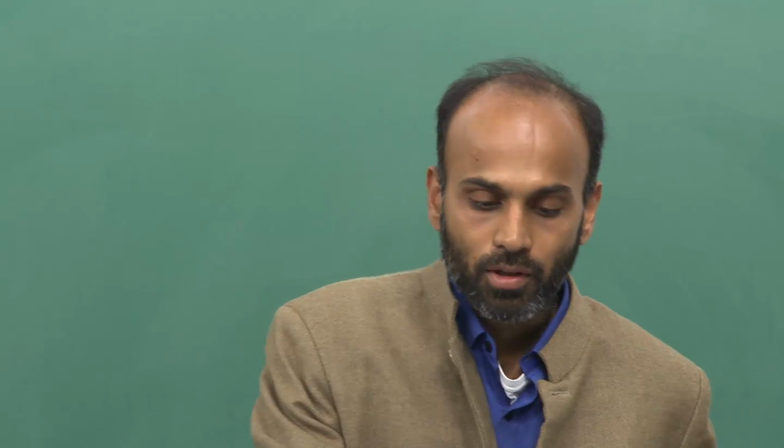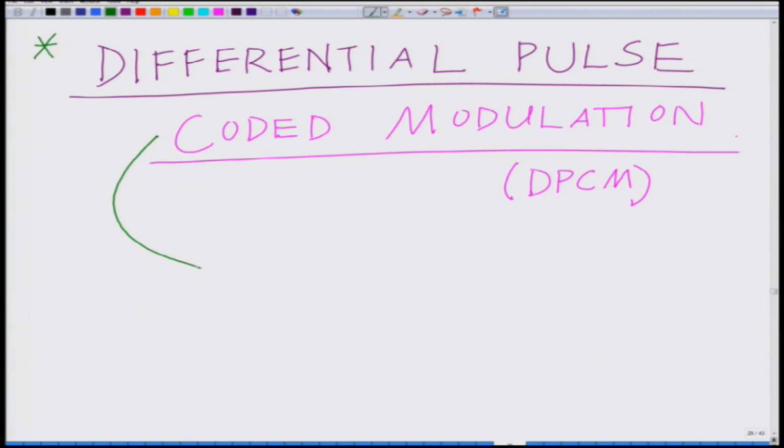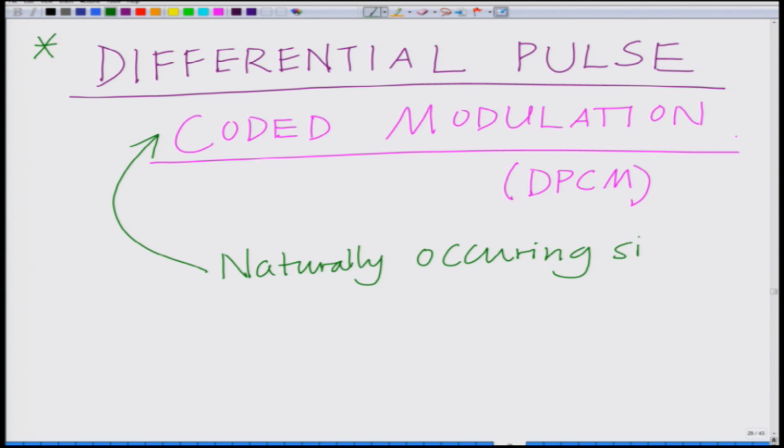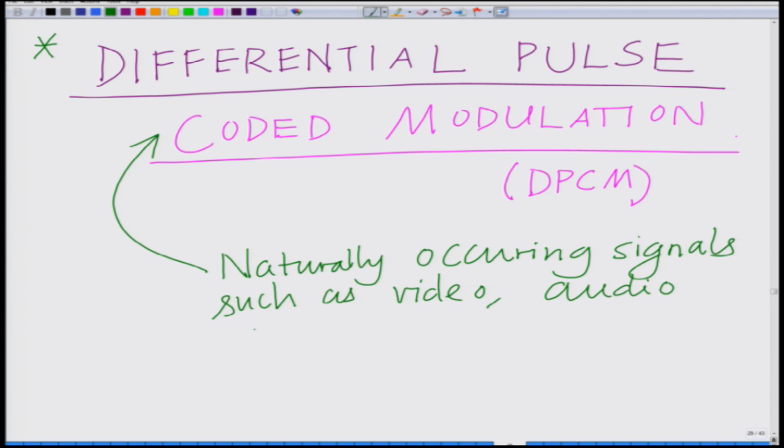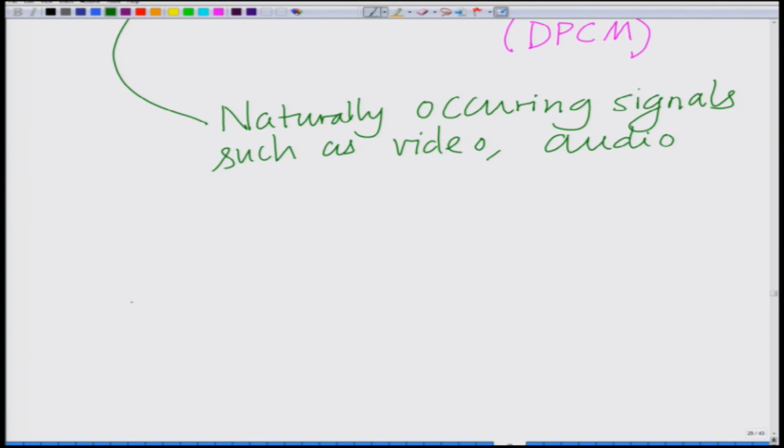The key principle is that naturally occurring signals such as video and audio signals